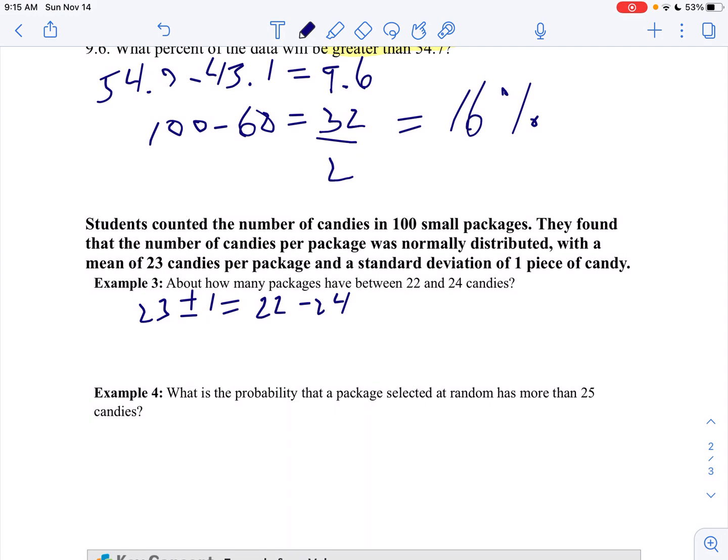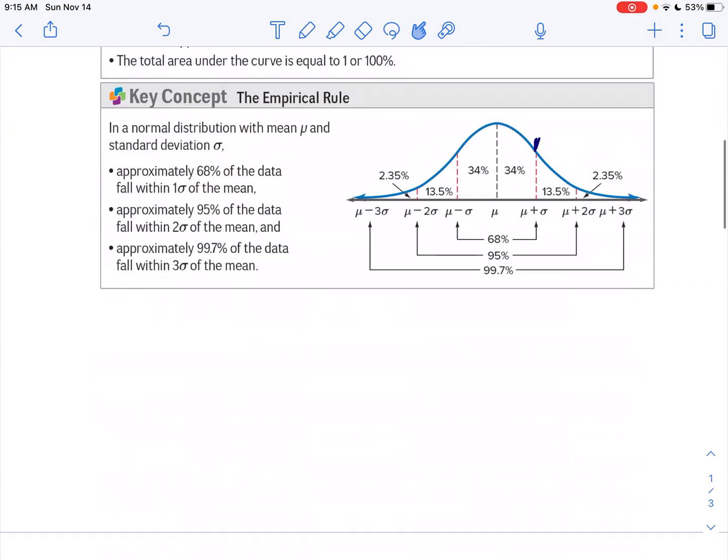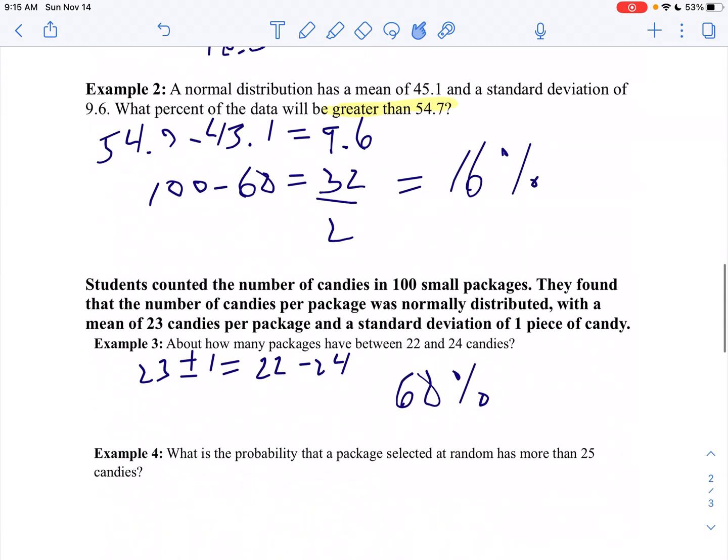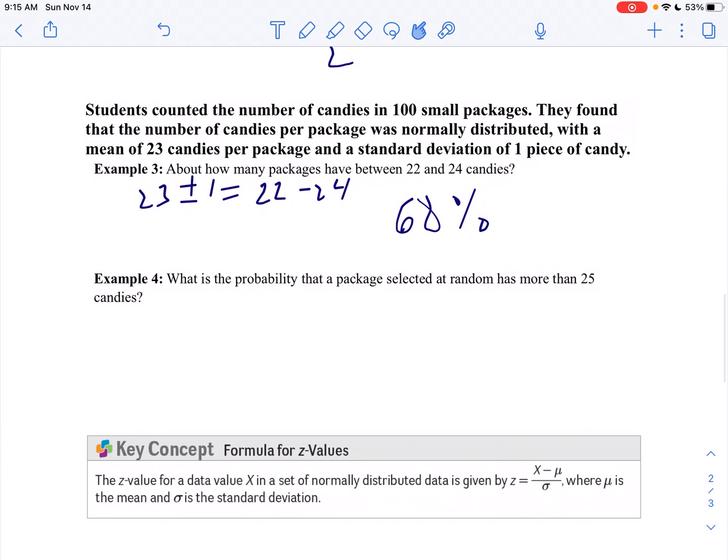So 1 standard deviation is going to be 68% of my data, according to my empirical rule. I go back to my empirical rule, I can see it right here. One standard deviation is 68%. Let's take a look at example 4. What's the probability the package selected at random has more than 25 candies? Well, 25 candies